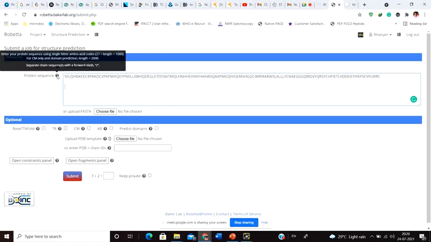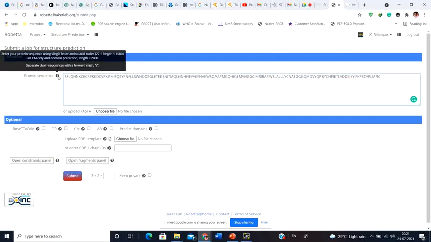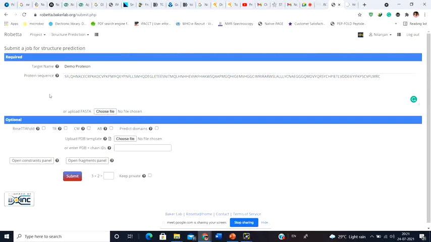But there is another important issue here, and that is the protein length should vary from 27 to 1000 amino acids. So it can't be less than 27, it can't be more than 1000. It should be within that particular range. But if you are using a comparative modeling method, there is an option called for CM only. CM is comparative modeling, that is homology modeling. For comparative modeling or homology modeling, you can use a length up to 2000 amino acids. Usually the protein is not that long. Generally a protein is within 1000 amino acids, but sometimes you're going to find a protein which might be 1200 or 1500 amino acids long.